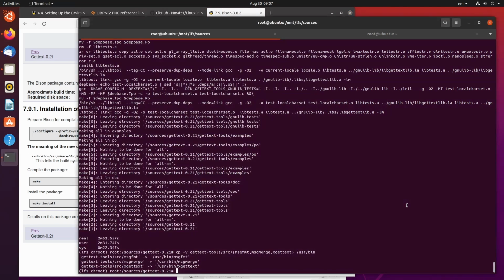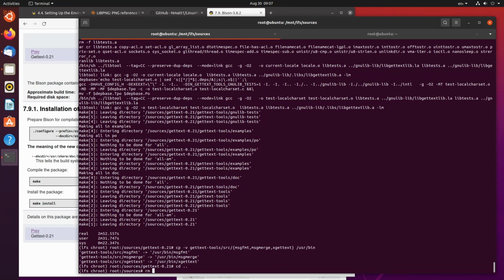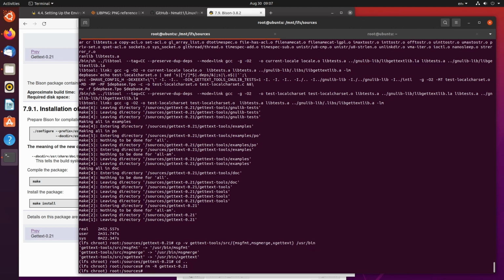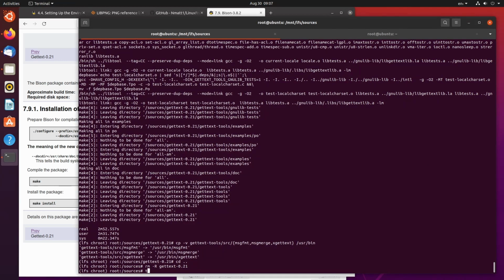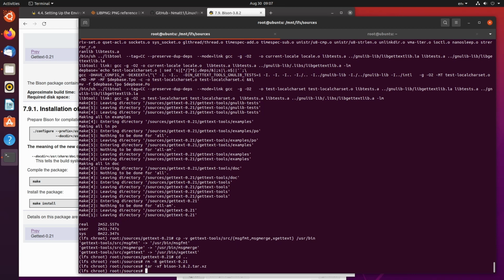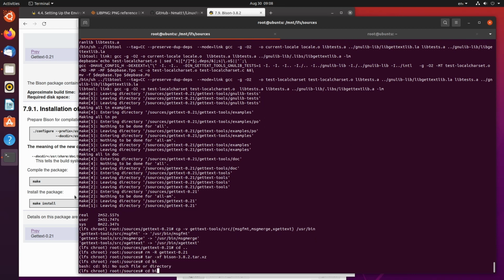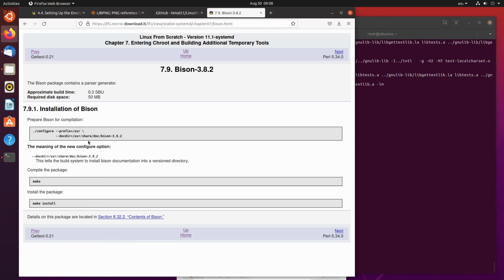We're going to move on to Bison, so say it with me now: cd .., rm -r gettext, and now we need to come to Bison. So what we need to do is tar -xf bison, cd into bison. Again, our configuration, which I will be